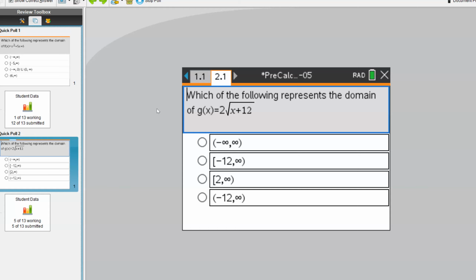So if I plug in negative 12, what is negative 12 plus 12? 0. Square root of 0 is 0. Yeah, so it's defined right there. So I include that, and then it goes on to infinity. So what this would look like,